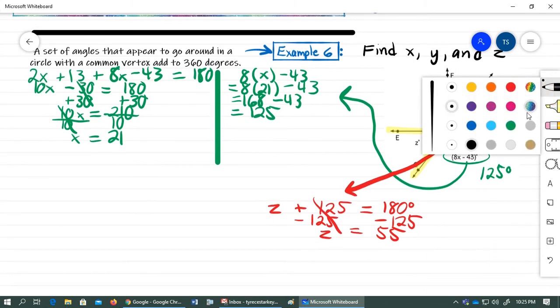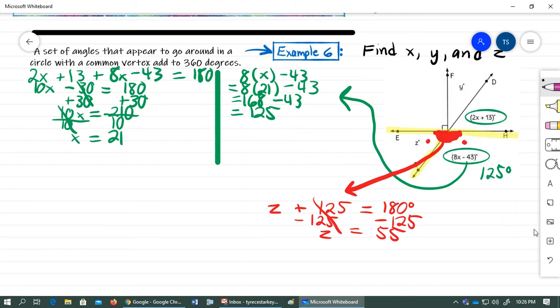Nah, I don't want to use black. Let's go with... we already did that one. That'll work right there. That's different enough from red and green. Okay. All right, so guys, the next thing that we need to look at